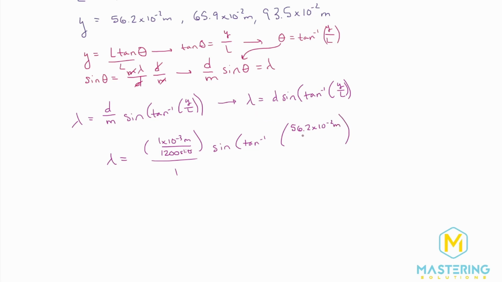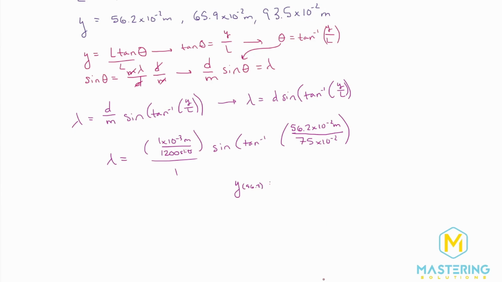You can also move the decimal place over 2, so 0.562 if you want. I like to do this because there's less room for error. You don't have to wonder if you moved the decimal place incorrectly or not. You just change the prefix, in this case centi, for what it means, 10 to the negative 2. And then we are dividing that by L, and in this case, L was 75 times 10 to the negative 2.